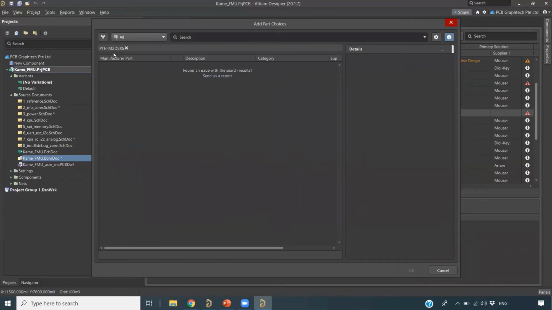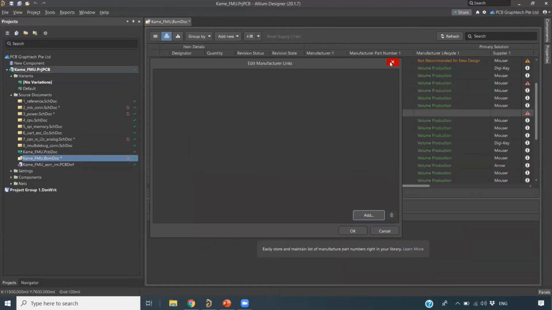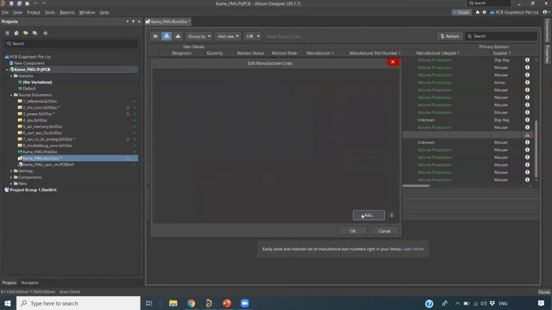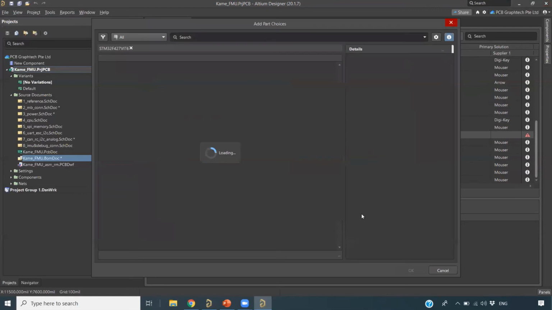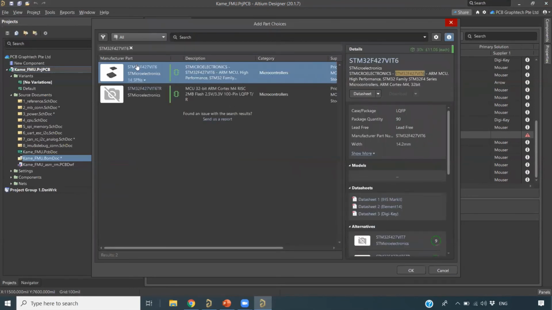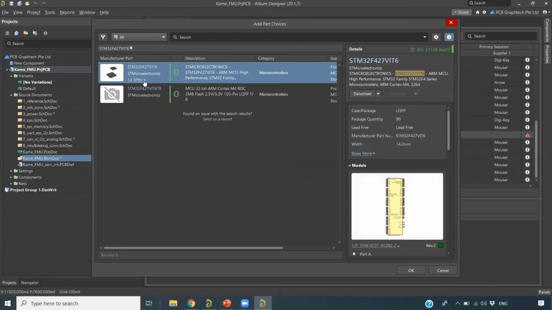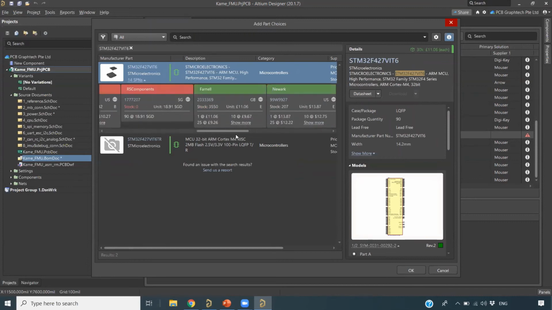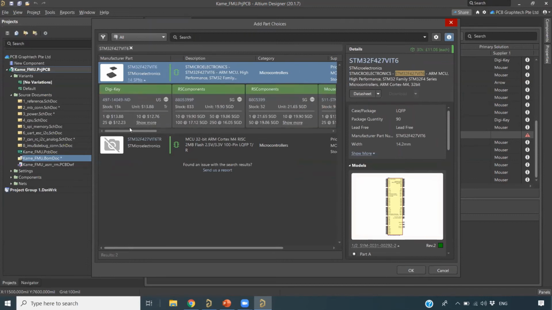So for that component, here it is not able to find this component. So I just close here. Maybe I can go for some other component. Let me see here. Okay, I search. You will be able to see the component here, and then you will see supplier part numbers. There are so many supplier part numbers. You can see there are 14 available here. All you can see, refer here.